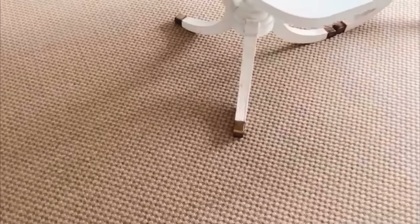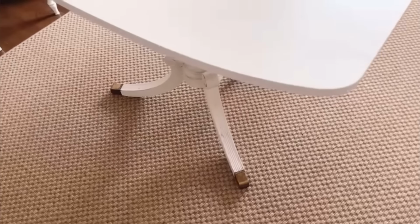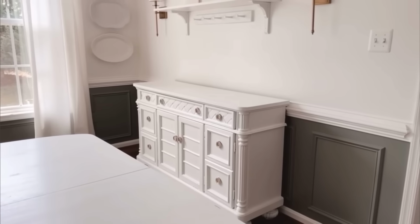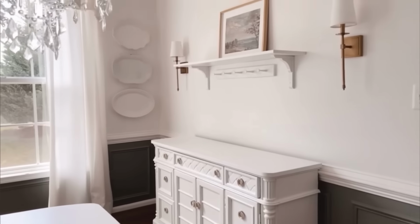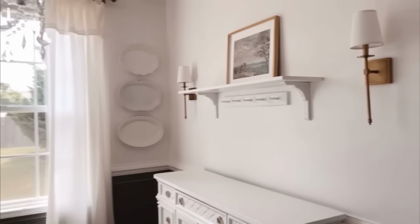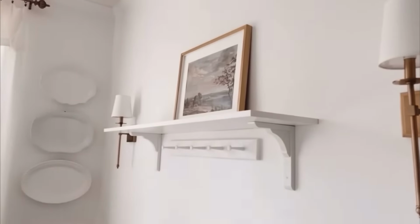This is an indoor-outdoor rug, which I highly recommend under a table, even if you don't eat at said table. Over here we have a buffet that we've had for several years as well. In fact, it used to have a hutch on top that we eventually sold. I added the shelf there to tie in with the ones here,